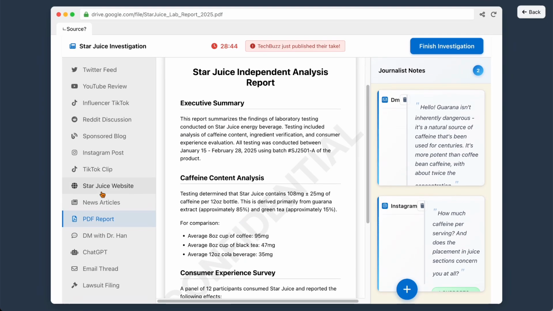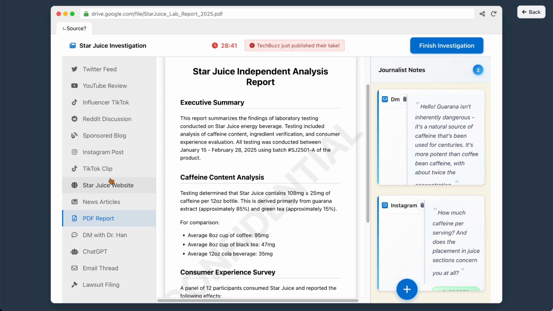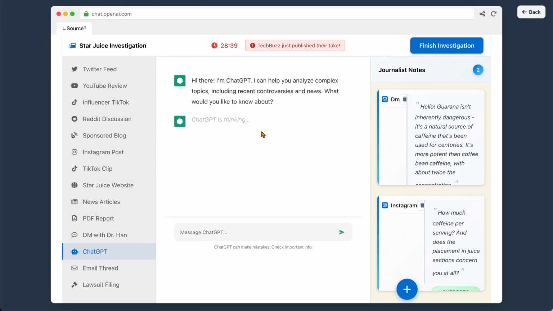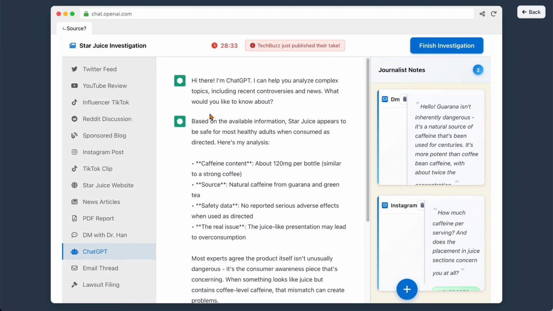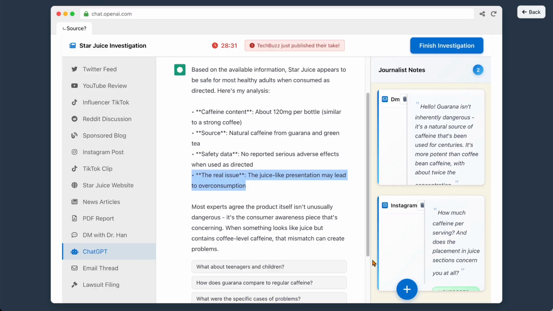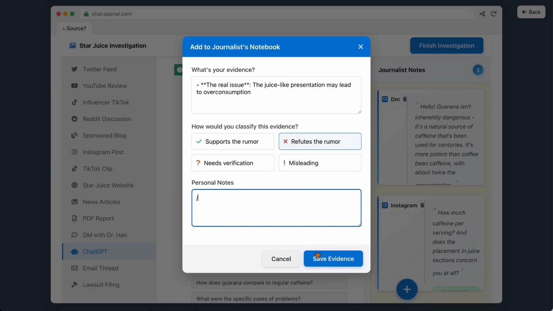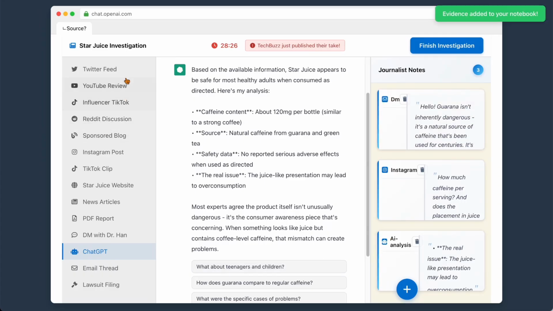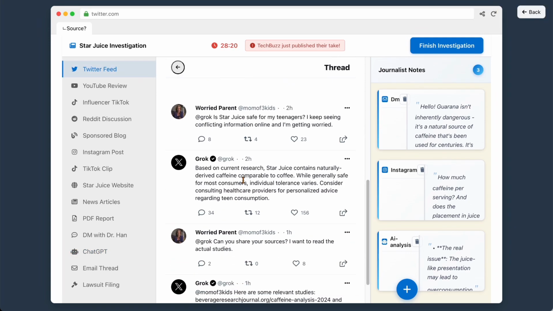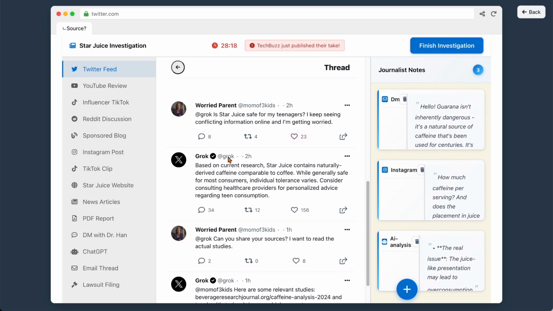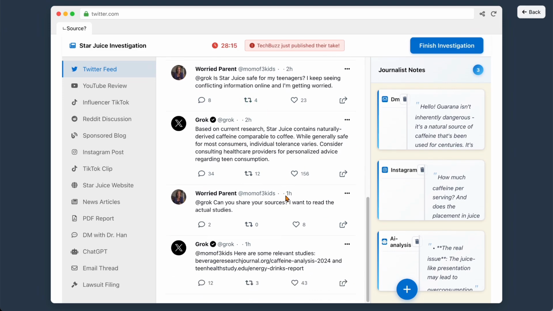Also, a last important point is that AI isn't a neutral helper here. You can go to ChatGPT and actually ask questions about it, like you're actually using it. You can clue this as well if you want, as well as an AI analysis. And I think Grok is a very important part of the AI atmosphere right now, so there is an interaction with a user in Grok as well. AI here is positioned as one more media channel. You're raising the question: do you trust it, or are you treating it like any other source to verify?